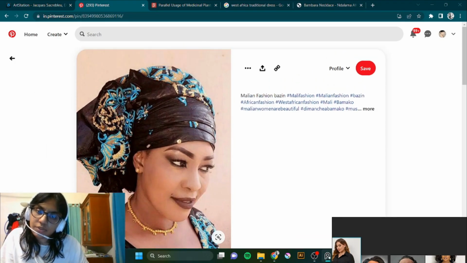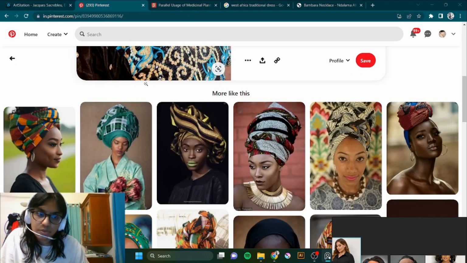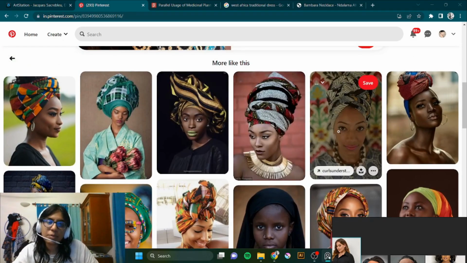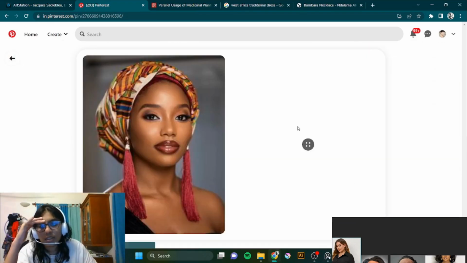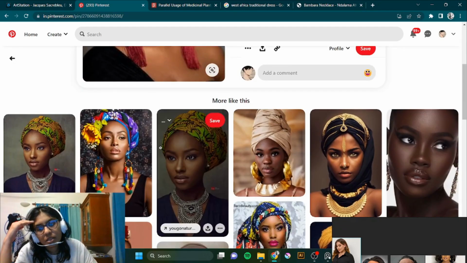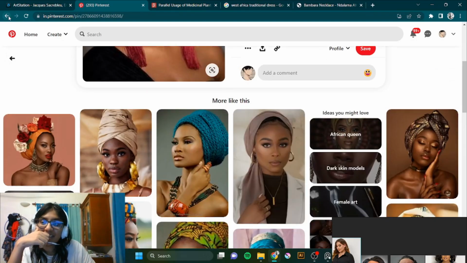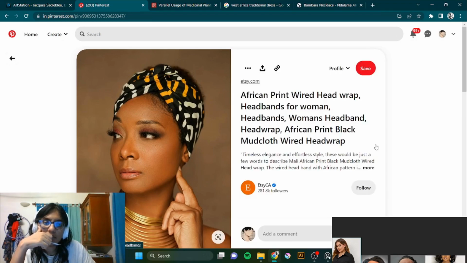Okay, this is very pretty, very distinctive, but I don't know if there's a specific style of wrapping it. Head wrap. That was the word. Is this Malian? I'm getting lost and distracted by how beautiful these models are. Oh my god. This is kind of nice, actually.